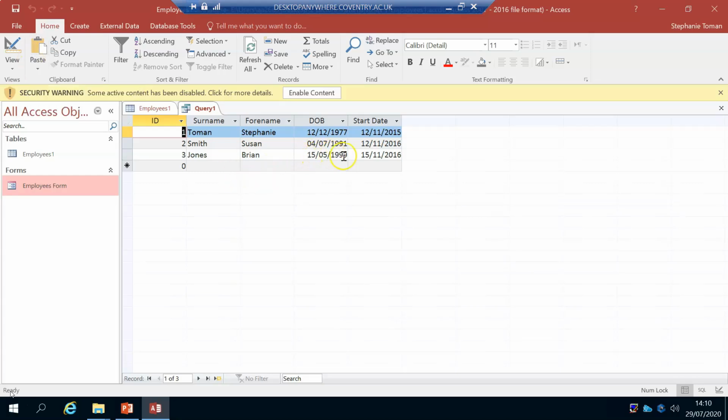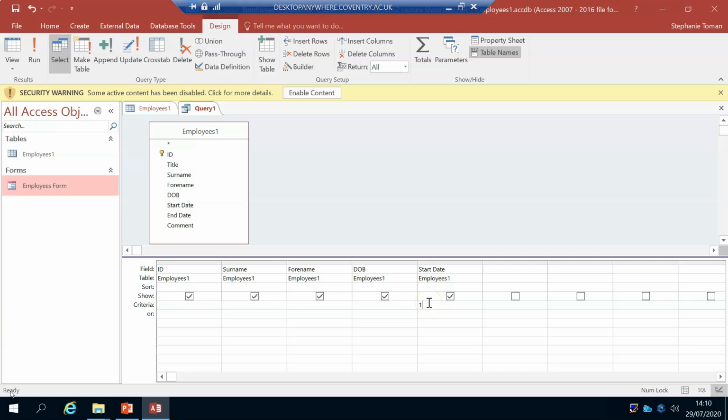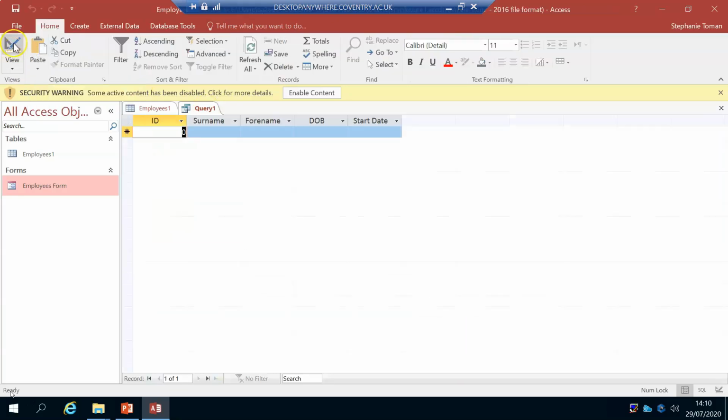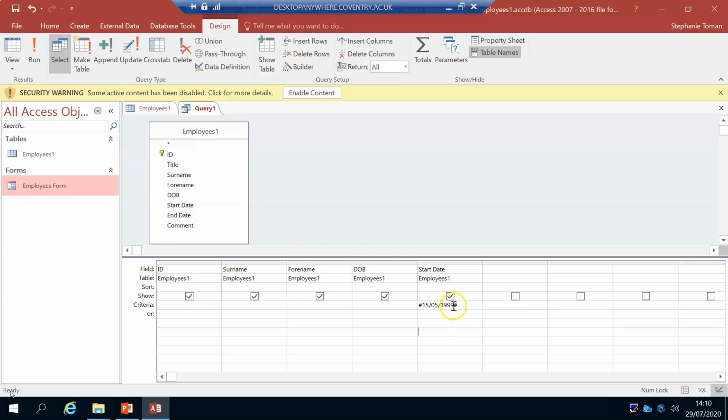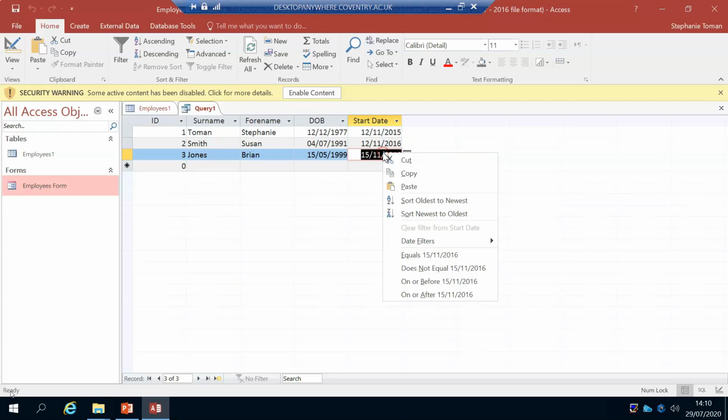We could try the 15/05/1999 one. So we could do 15/05/99. Click away again, run it, and I must have got one of my dates wrong. Let's take that out. Check it again. If it doesn't run correctly in the test, there's something wrong. That's because I picked up the date of birth instead of